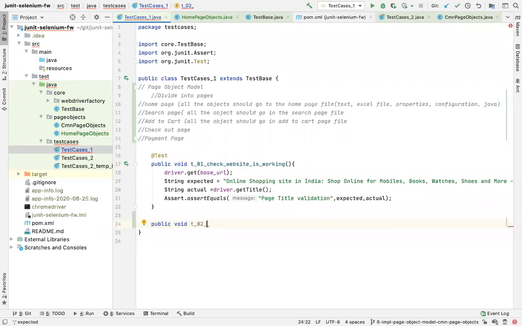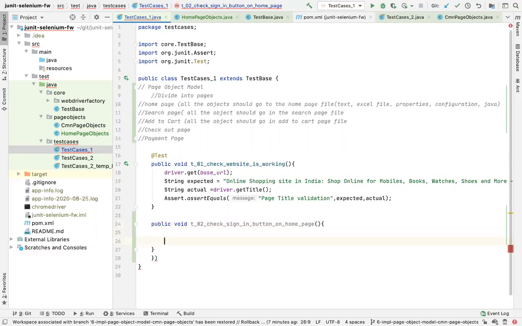Okay, and I'll say check sign in button on home page, and then